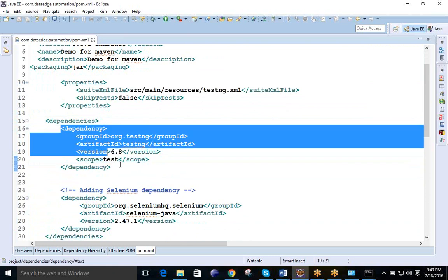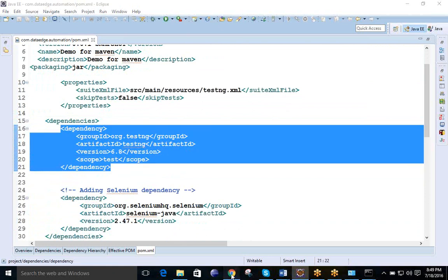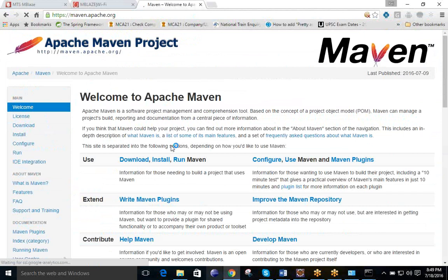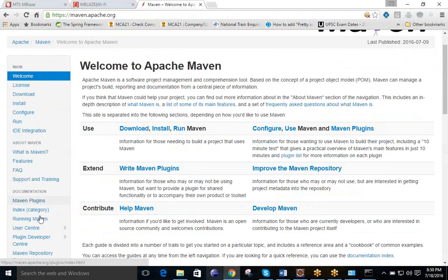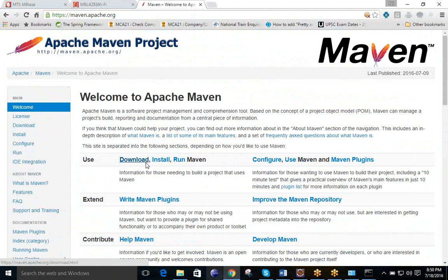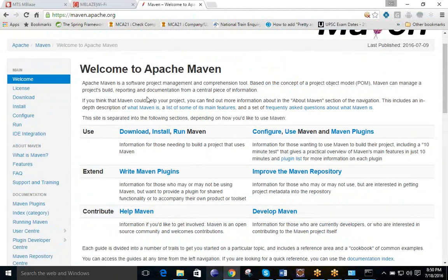So from where can you get this? This is provided by default by the Maven people themselves. Sorry, not Maven, testng.org, because we are looking for the TestNG dependency.